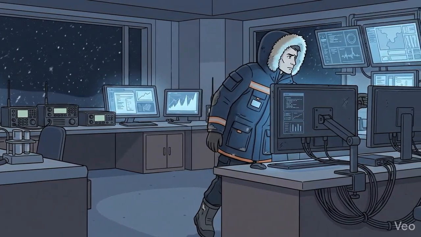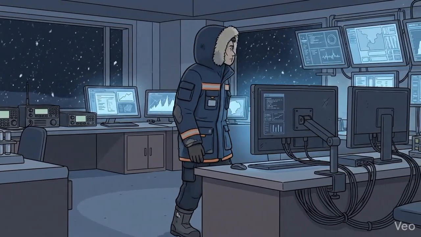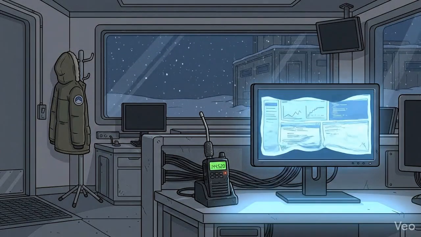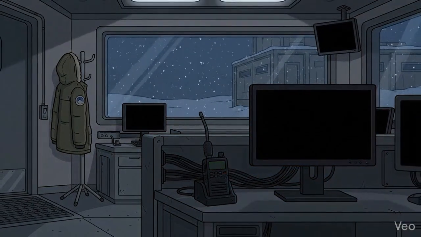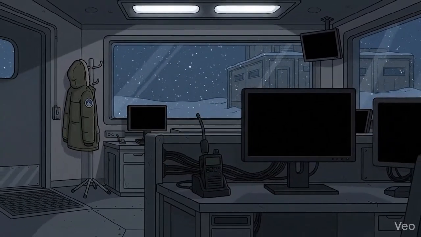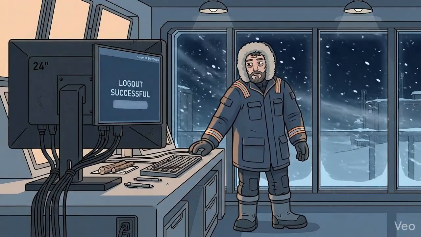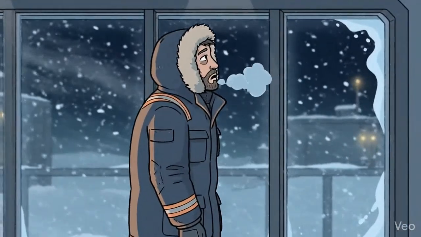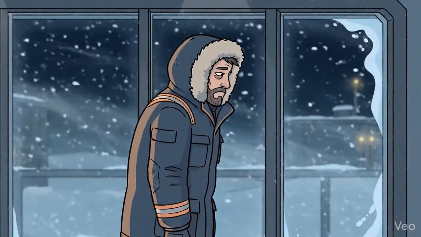Performing a final visual check is ordered to maintain station readiness and identify any issues before the shift fully ends. The control room settles into a quiet state, with systems shut down as ordered for the shift end at the polar station. Logging out and shutting down the main screen is ordered to